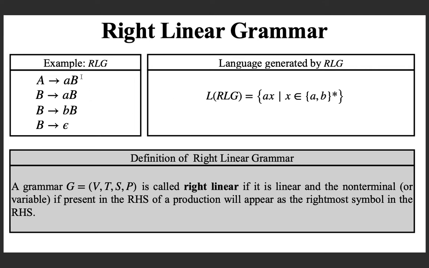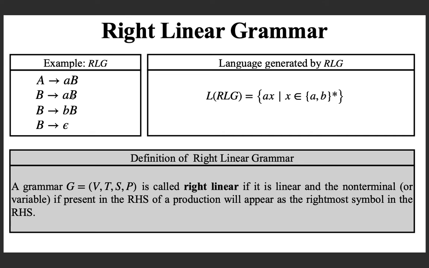And here you have a variable which is the rightmost, here again, here as well, and here no variable. So if there is a variable, that must be the rightmost symbol in the RHS. If each production or rule satisfies this property in a linear grammar, then the grammar can be classified as right linear grammar. It's not a difficult